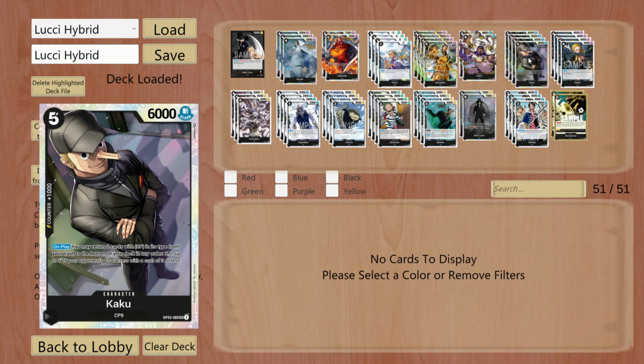Kaku is one of the MVPs of the deck again. This one's really good into the aggressive decks. 5 cost, 6,000 power with 1k counter. On play, you may return 2 cards with CP in its types from your trash to the bottom of your deck in any order, and then you get to KO up to one of your opponent's characters with a cost of 3 or less. So the fact that this effect doesn't require you to trash cards from your hand